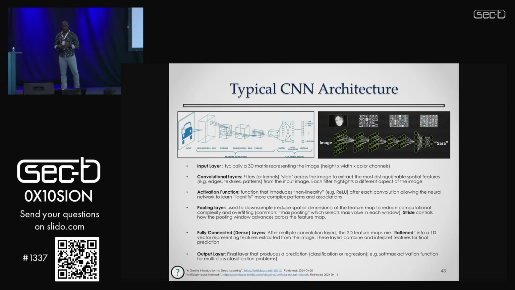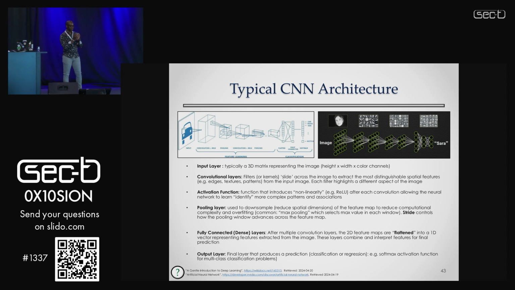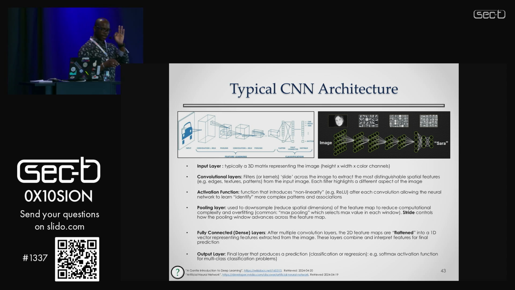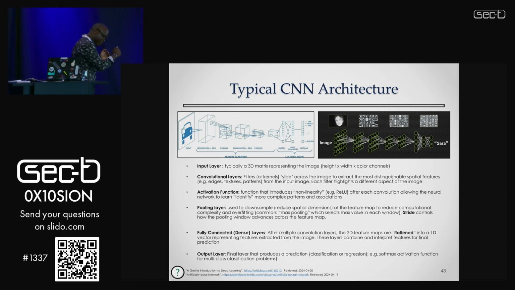Convolving the image means I have a filter of a specific size, and I'm scanning the image to understand what the unique things are that stand out to us. Another example is if I have a straw and I can only look through the straw. If I have my entire image and a straw, I can look at a specific part at a time. My convolutional layer lets me see, at a specific width or window that I'm looking at, what the features are there.